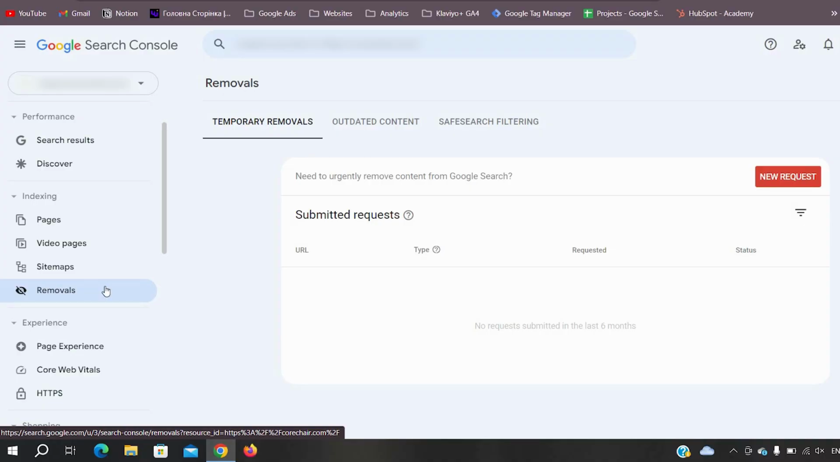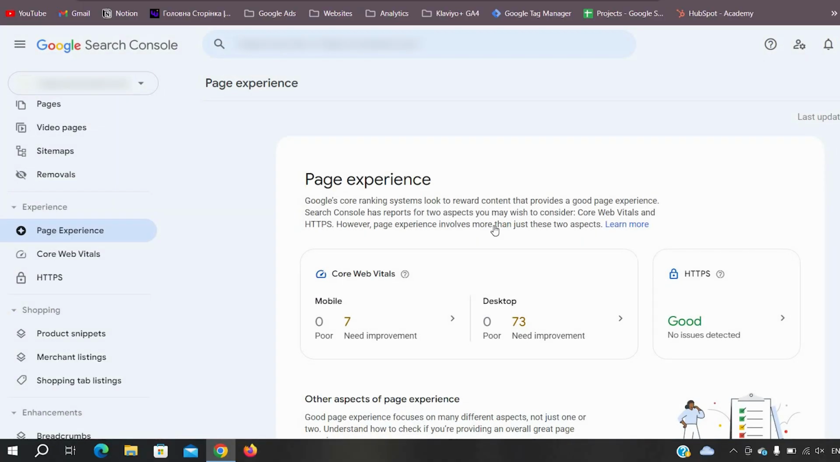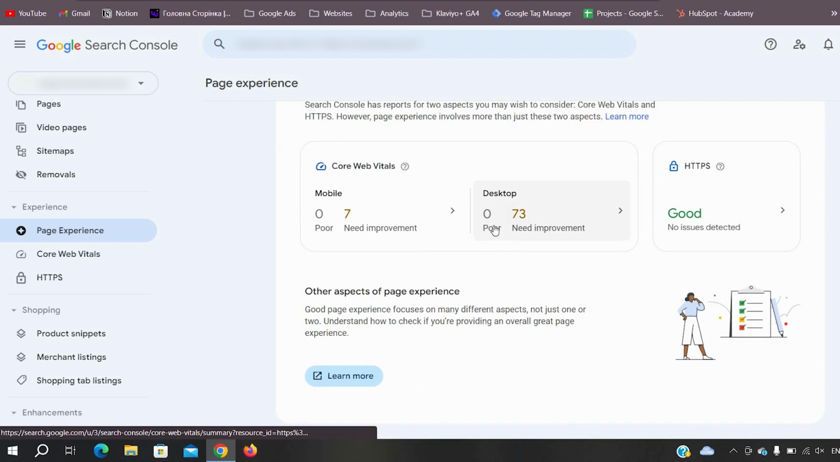Sometimes you need to delete content from search results on Google, and to do this, you just need to submit a request to paste your link and you will be able to delete this page forever from Google. The next component that is crucial for your website SEO results is called experience. Experience has three main components: page experience, that is showing you what are the main issues that are appearing on